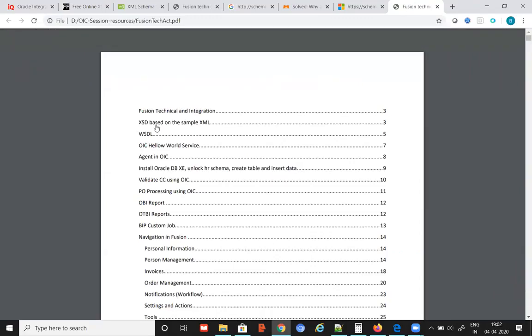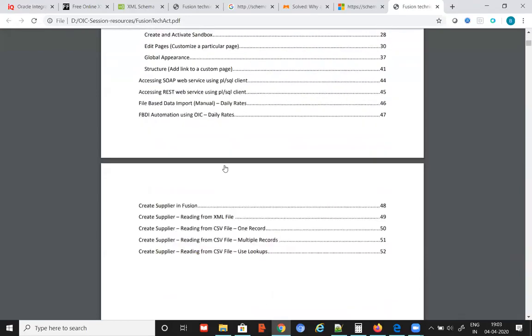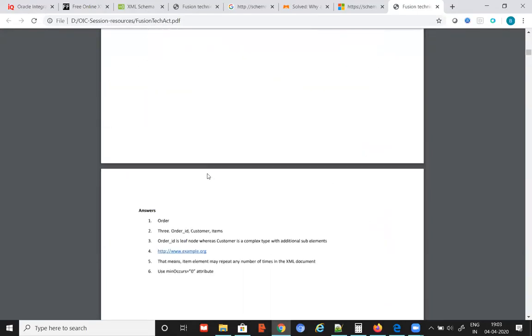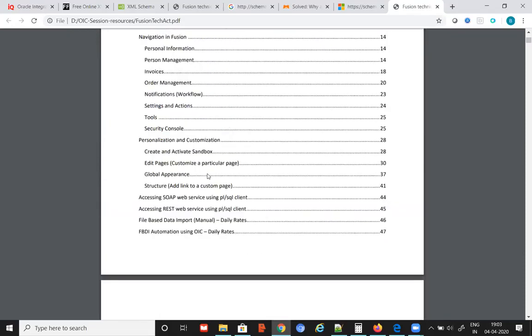On top of that, if you're curious and if you have some time, if you want to explore further on XSD and WSDL, you can do that. It's up to you. It's one interest, okay? But the minimum you do this activity. How do you do the activity? You just scroll down and follow the steps, whatever you have to do, okay? That much you have to do before the next session.